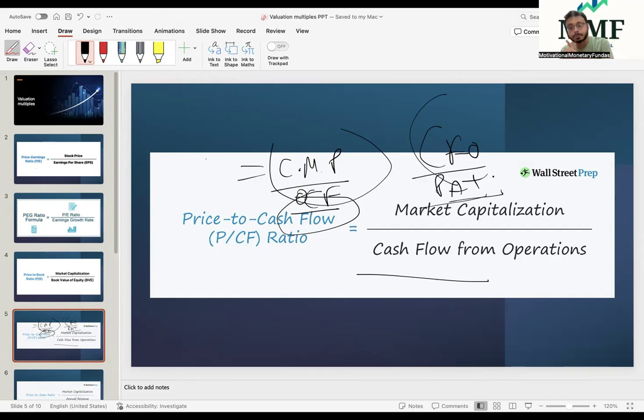The earnings can be manipulated by the enterprise, but you cannot manipulate cash flows. Here I'll give you one classic example. If we talk about the company's P&L, the profit and loss statement, which is also called the income statement, in the income statement we talk about the total revenue, the total sales, which translates to the total income.